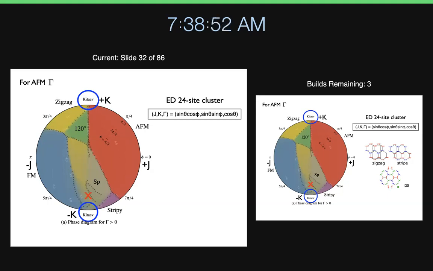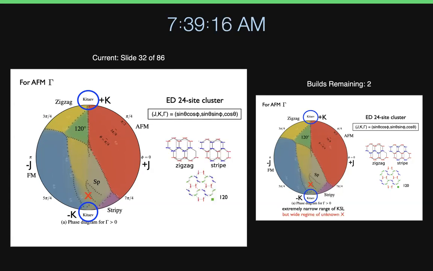As I move along the north pole, it's going to be antiferro Kitaev. Moving to the south pole, it's going to be ferro Kitaev. As I'm marching towards the center, this will be a pure gamma model with antiferro gamma, which is much more frustrated than the ferro gamma interaction. And in addition to antiferro and ferro ordering, we have other types of orders that appear. One is this zigzag order, which appears at the antiferro Kitaev and antiferro Heisenberg. That's the one that is found in most of the samples, by the way.